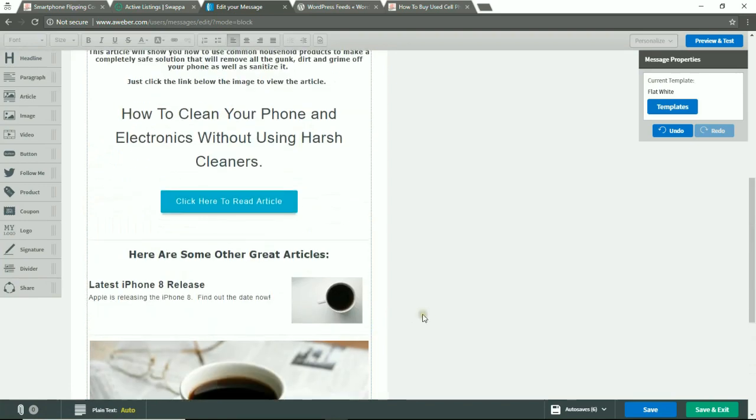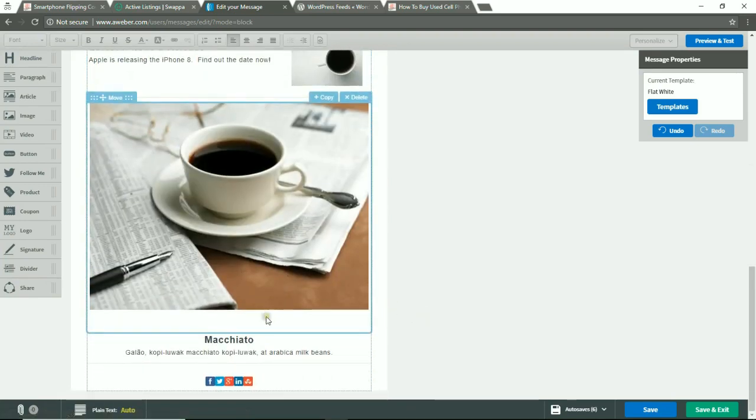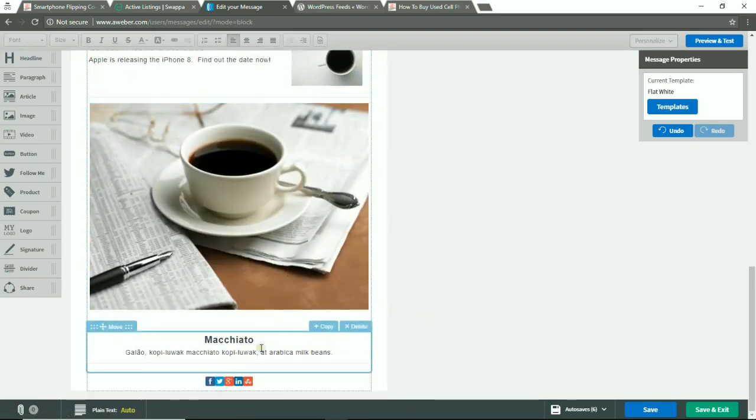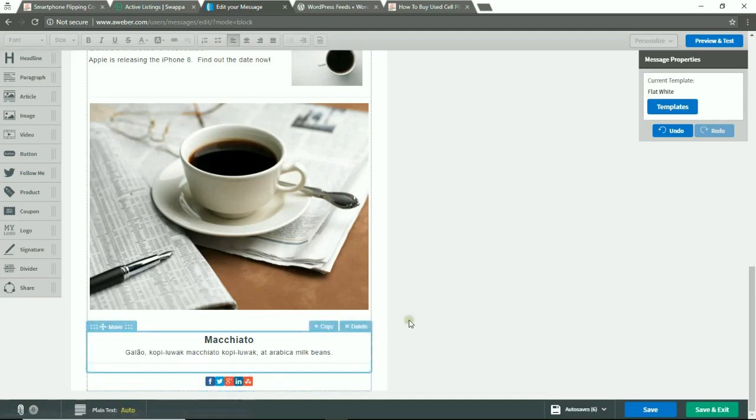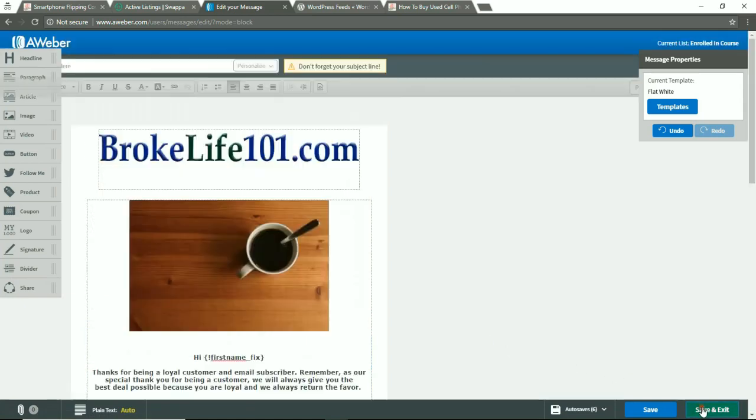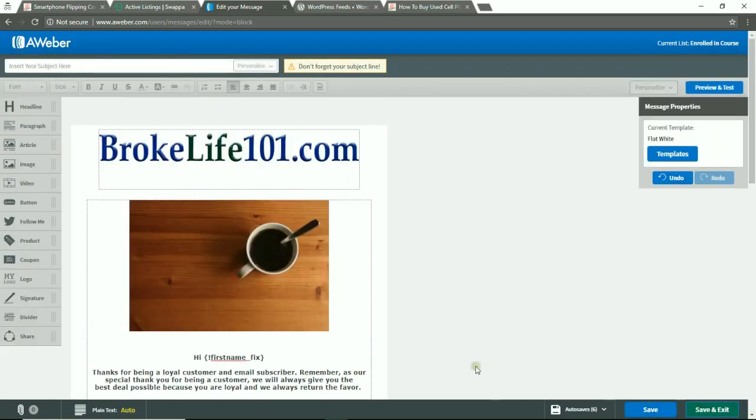So then when you finish it all up, you'll put your information down here, of course, and you want to make sure that it's set up for your Facebook and stuff. If you want to share it, if you don't want to, just take and delete it off there, and you put save and exit. Okay,